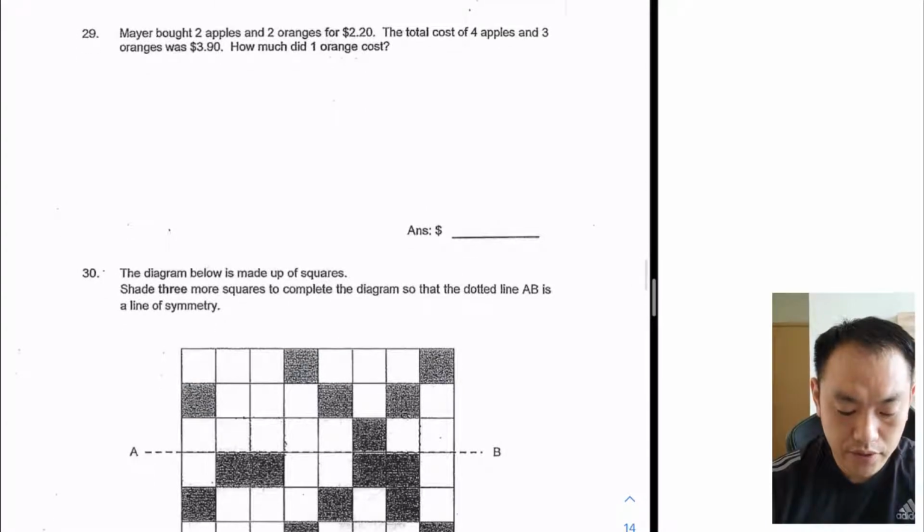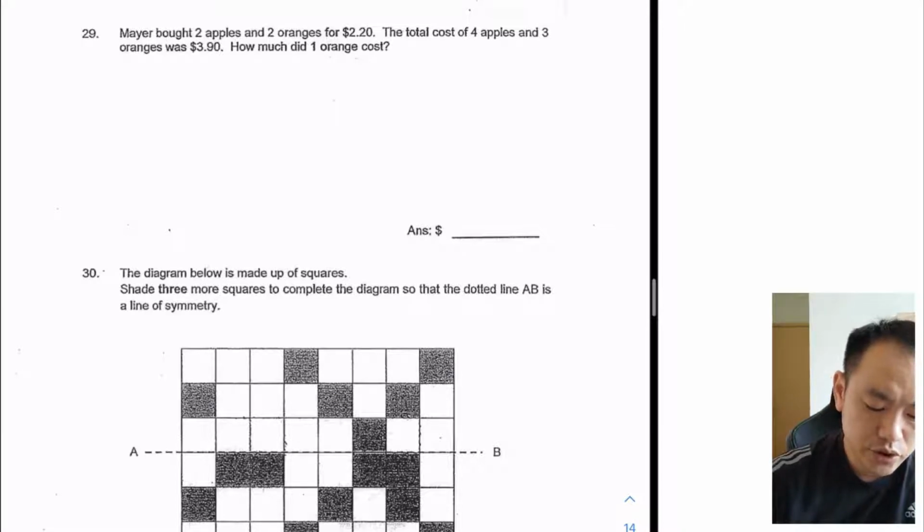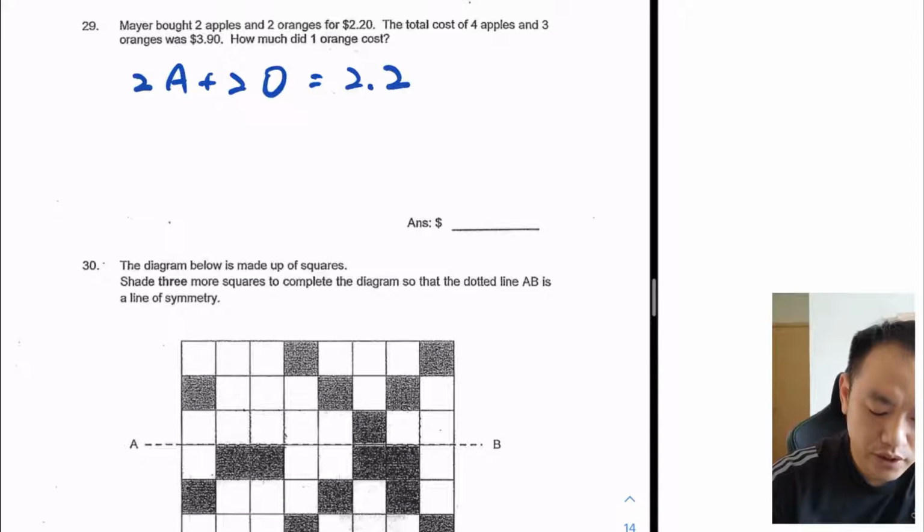Question 29. Mayor bought 2 apples and 2 oranges at $2.2. The total cost of 4 apples and 3 oranges is $3.9. So how much does 1 orange cost? Okay, so 2 apples plus 2 oranges equals 2.2, and then 4 apples plus 3 oranges equals